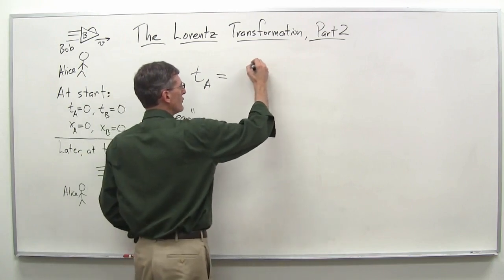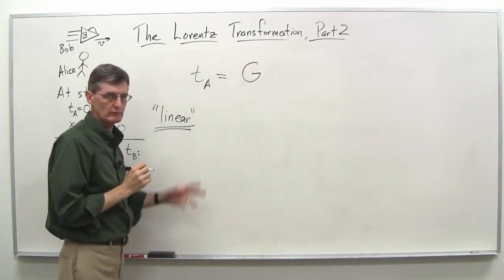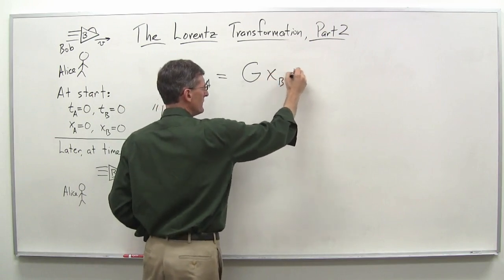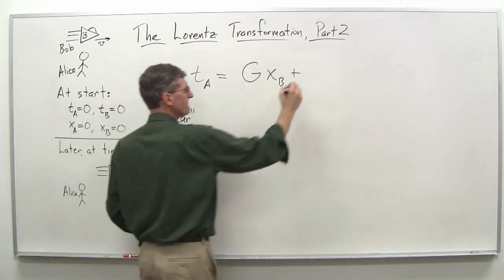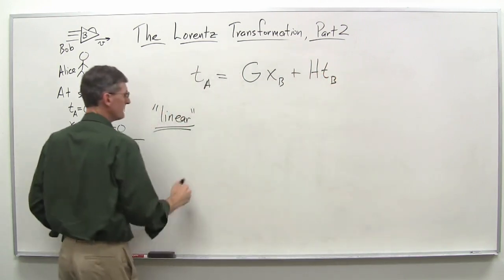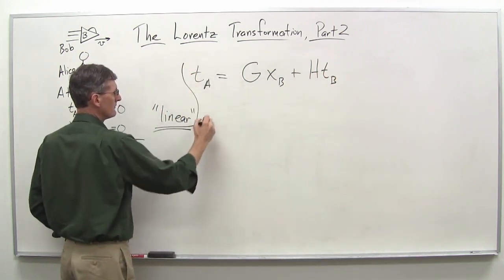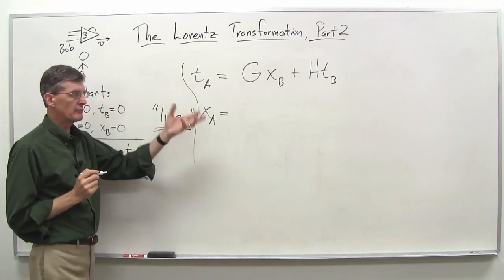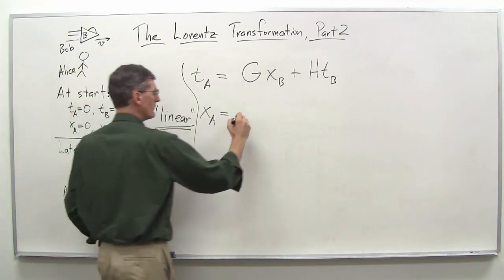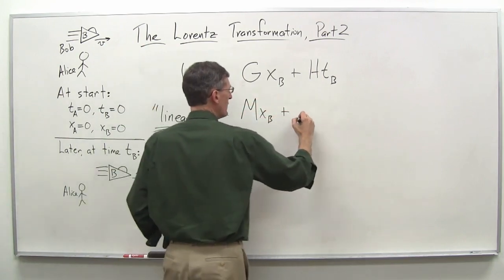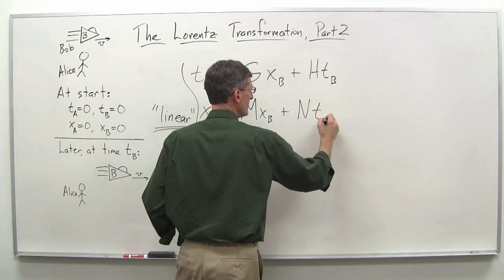TA is going to have the form some capital G, we'll talk about what that is in a second, times XB plus H times TB, and XA, the formula for XA, again given XB and TB, is going to have the form M times XB plus